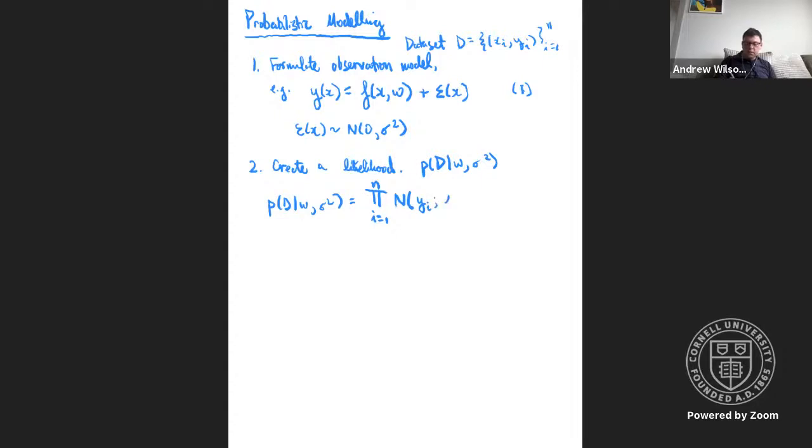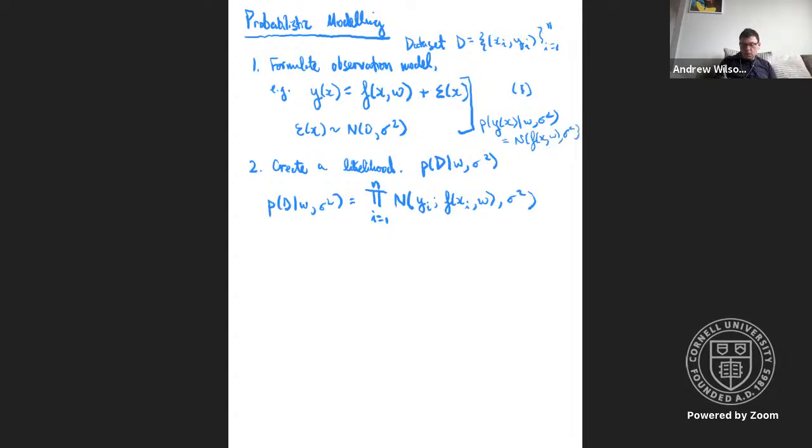And the mean is going to be f of x_i, w, and the variance is going to be sigma squared. Now you might be wondering where I got that. That basically comes from the fact that equation 1 can be equivalently expressed as saying that the distribution of y for each x, given w and sigma squared, is N, and the mean is going to be Gaussian and the variance is sigma